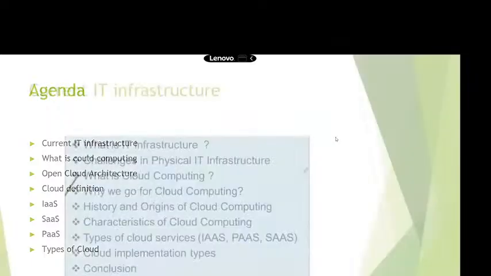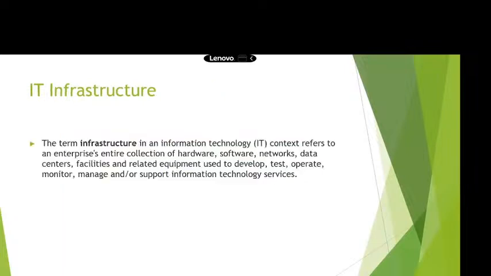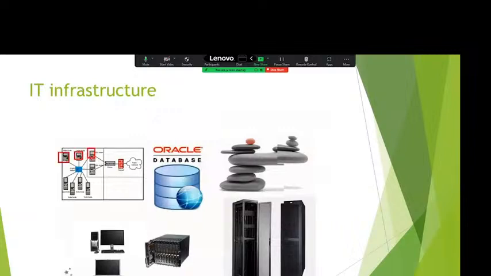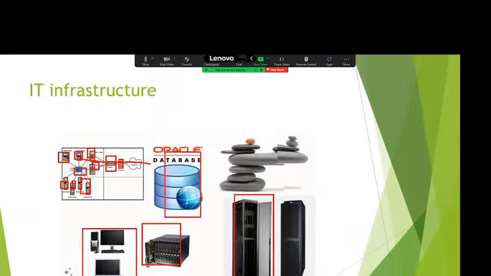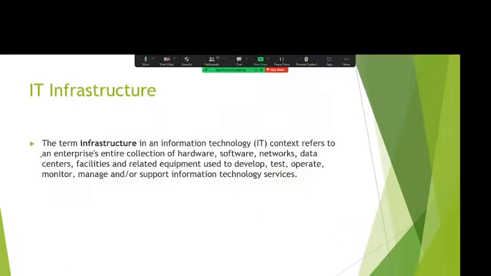A data center. If you go to any organization, the company will have its own data center. See, this is the exact picture of IT infrastructure. These are the devices. Devices are connecting to one router. This is the load balancer; the requests are maintained by the load balancer. Also, this is the hardware system, racks, database. These are the network connectivity, cables, wires. These all we will call IT infrastructure.